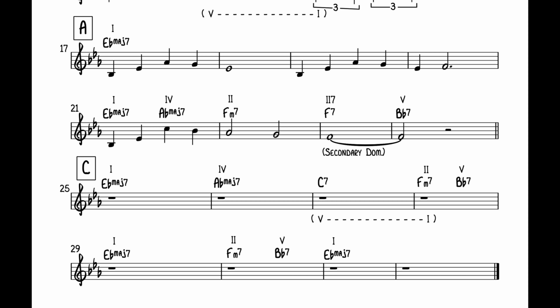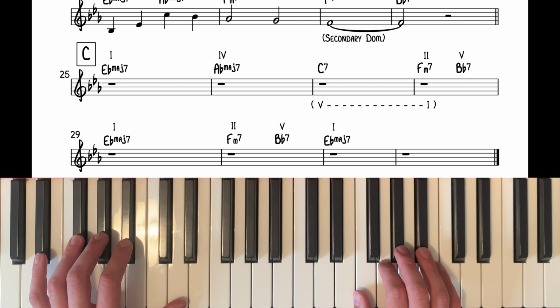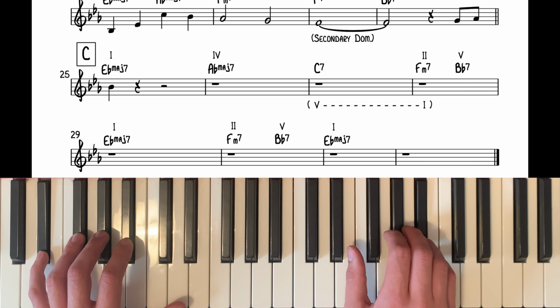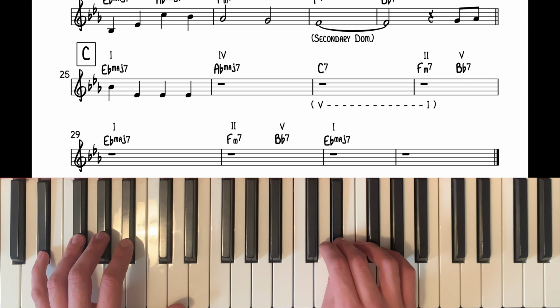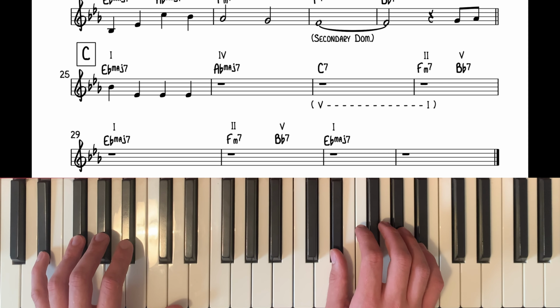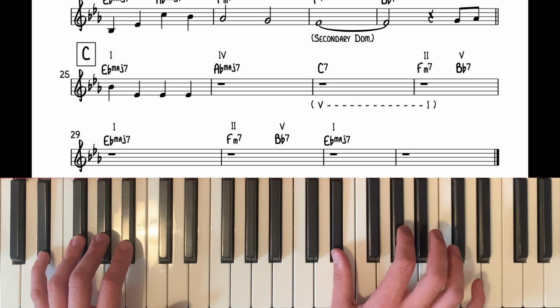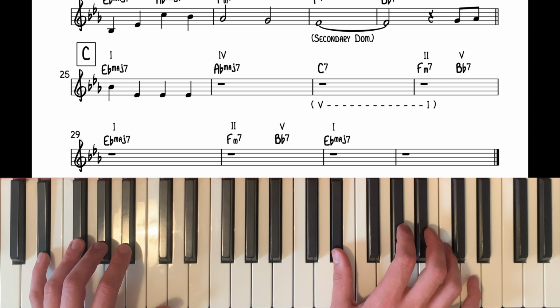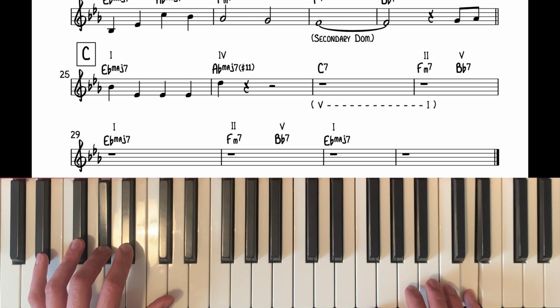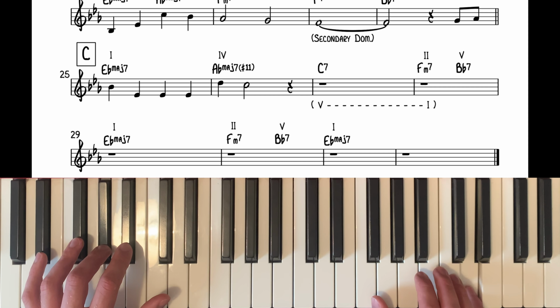Just like the harmony, the melody of the C section begins exactly the same way as the B section, with the strong phrase that clearly outlines our home key, E flat major. We rise from the 3rd to the 5th, before then falling to the root, and at this point the melody changes, and we have the peak of the melody. We jump up to the sharp 11 of our A flat major 7 chord, D. This is like a tweaked suspension, as the melody then falls to the 3rd of the A flat major 7